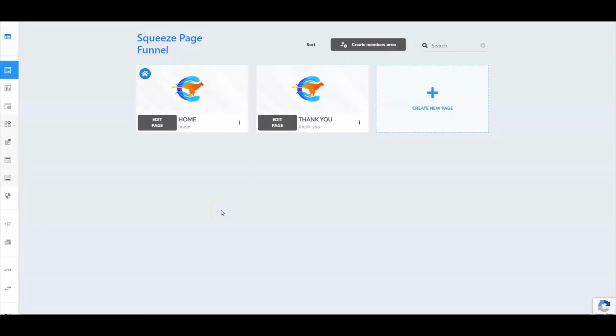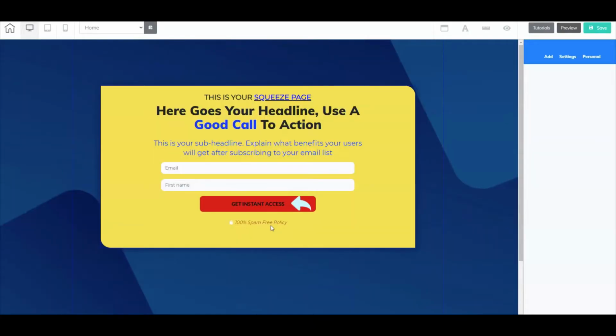Alright, so we're inside Cheetah and we're at our squeeze page funnel website here, or our funnel. And the home page represents the squeeze page, and then you also have a thank you page. So it's just two simple pages. Now let's go into the editor and take a look. Now here we are at the squeeze page. Now you can add some more information or change this up to your liking, but the main purpose is to be able to capture their information here up front and then take them to the valuable information or free content